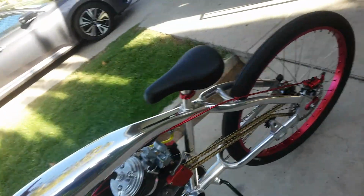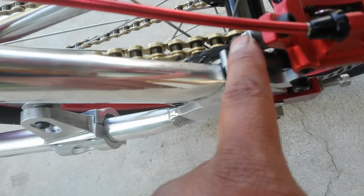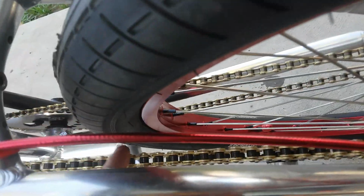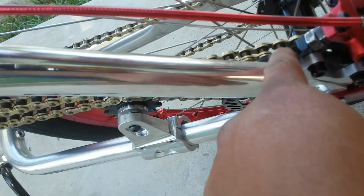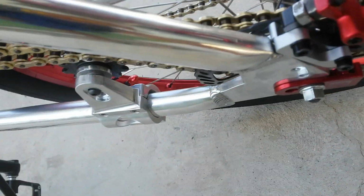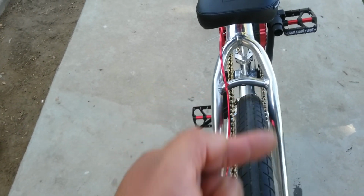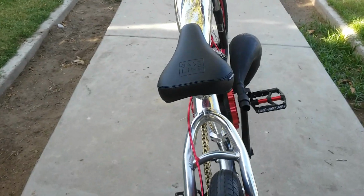These frames are actually for fatter tires, so they're wider, and I had to space it out and make it work. If this frame had built-in disc brake mounts, I wouldn't have to space the rim so much on this side. It's good because I got so much clearance on the chain, so my tire's never going to get eaten up. You can see the space right here, you can put your whole finger in there. If I didn't have to use this, I could set the rotor a little more this way, and my motor would have been dead centered, but my tire is a little bit that way. It's not going to affect too much of the performance or handling. Some say that it will, but